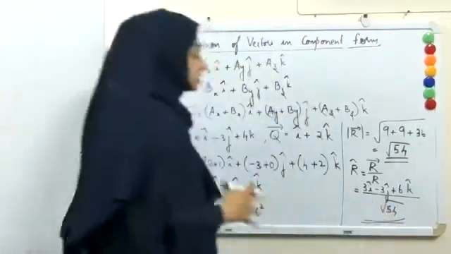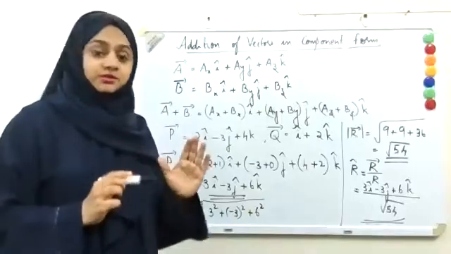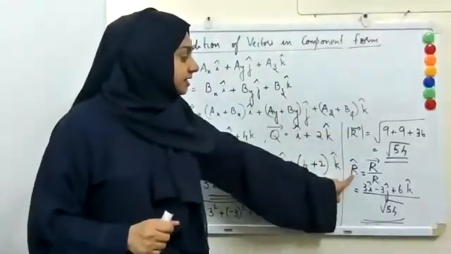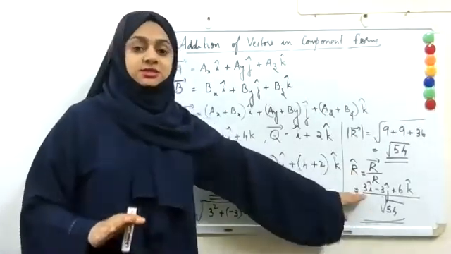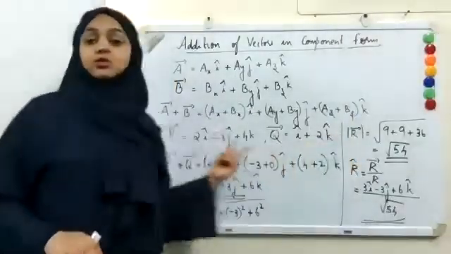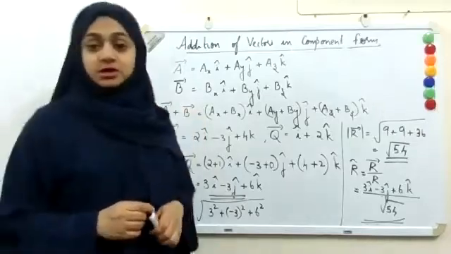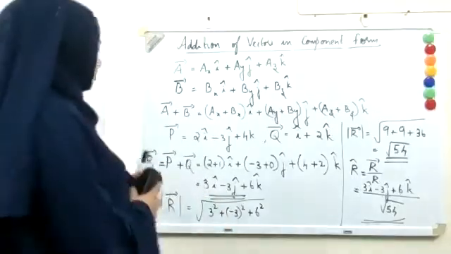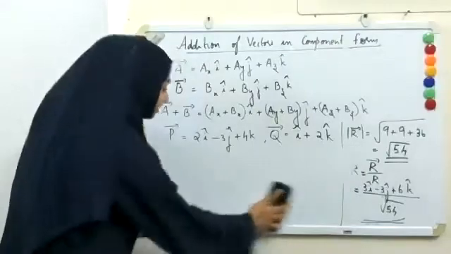So if you are asked to find the magnitude and direction of the resultant vector, you can find the magnitude like this and the direction is just the unit vector. So you have to write it like this, that's it. So is it clear how easily we can add two vectors if they are represented in the component form? Is this clear to you? Yes, teacher. Okay. Now the same thing you can do if it is subtraction of vectors.